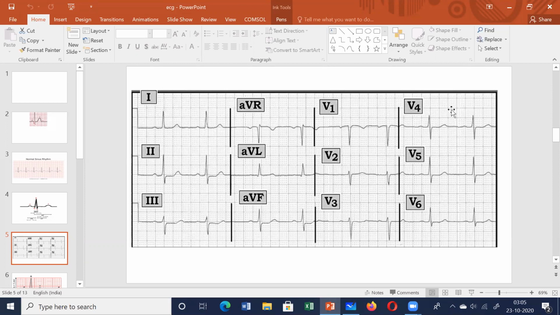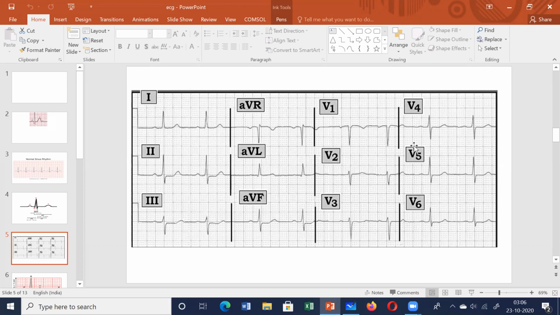Okay, you immediately have to go for the troponin markers. Or if you find the ST segment elevation in AVL, V5, V6, remember I told you lead 1 is a lateral lead, AVL is a lateral lead, V5 and V6 are lateral leads. So you look for all the lateral leads. If you find ST segment elevation in all the lateral leads, it means the myocardial infarction has affected the lateral surface of the heart.